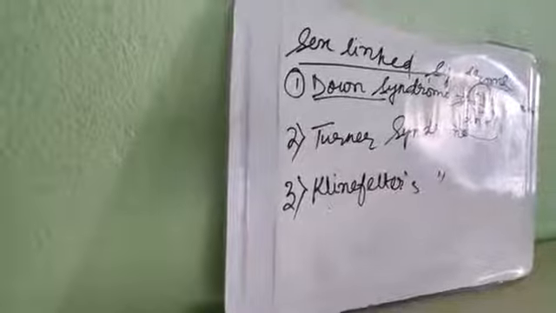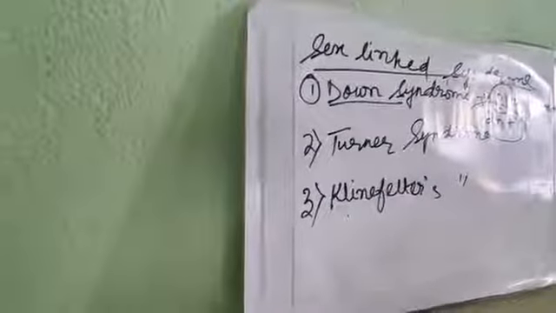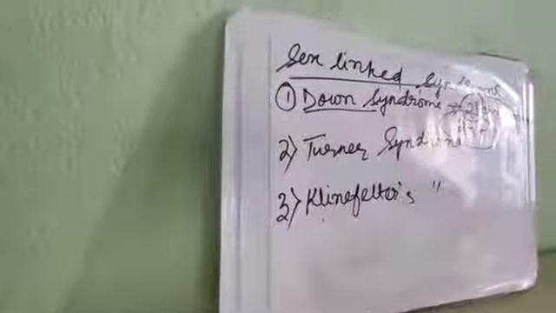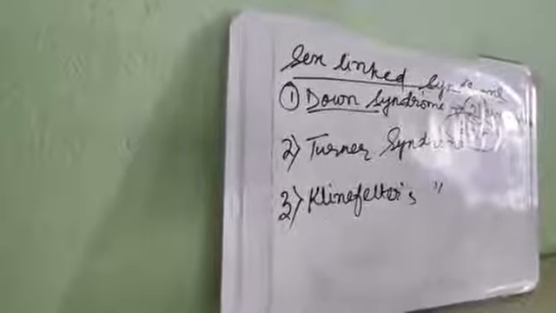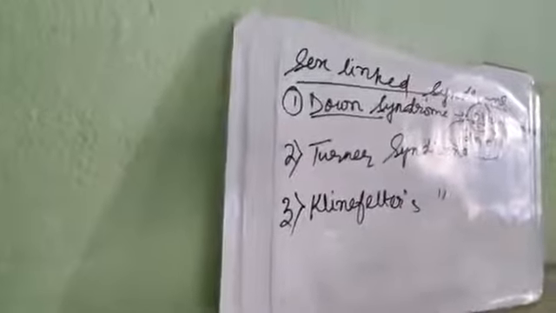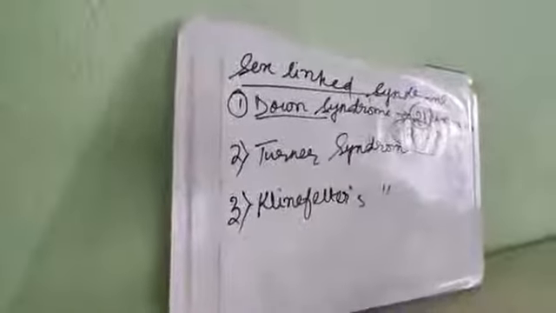What are the symptoms? Obviously mental retardation, broad and flat face, eyes with epicanthal fold, short stature, that means height is very short, short hand with a crease across the middle, large and wrinkled protruding tongue. Females may be fertile and may produce normal or trisomic progenies, but males are sterile, that means not fertile. Life expectancy is about 17 years. Okay, so this is about Down syndrome.